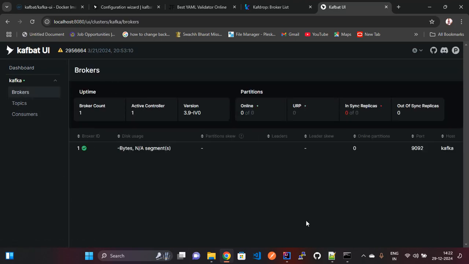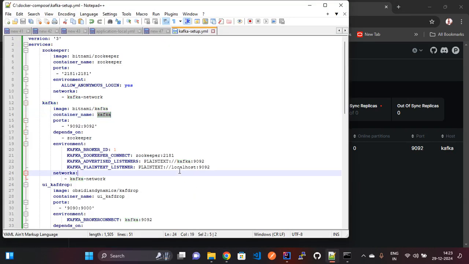So by using Docker Compose, I have shown you how to run Zookeeper, Kafka, Kafbat UI and Kafdrop UI as well. No need to run each one by using CMD. So here is the Docker Compose file. I will provide the GitHub link of this Docker Compose file